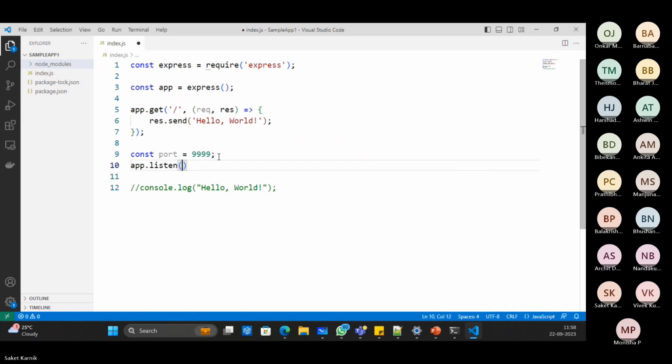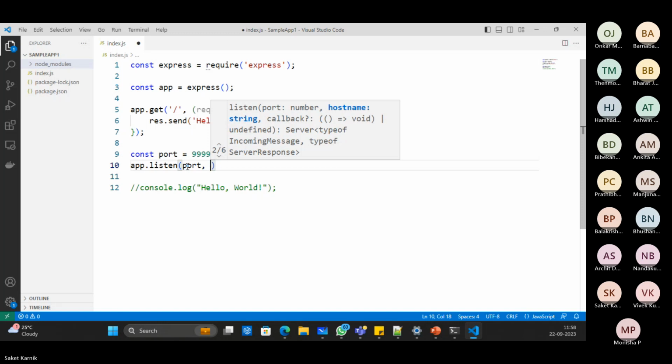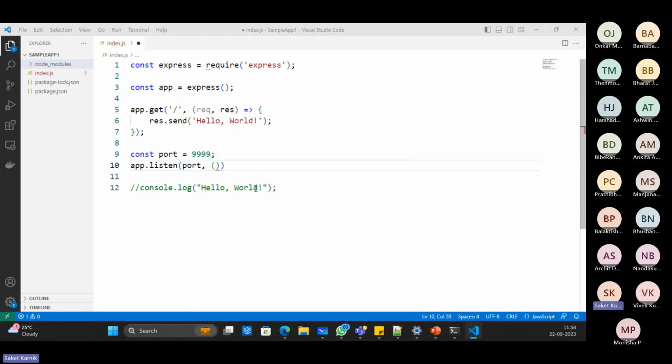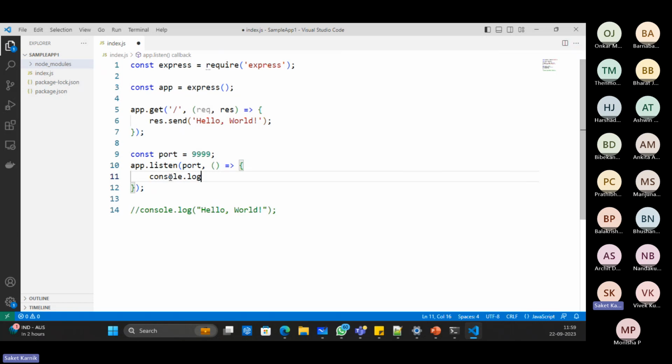app.listen on this port. So I say port, comma. What it does actually there. So here I say there is a callback function again, an arrow function without parameters. So empty parentheses, arrow, and the function body, which I arrange like this. And here I say console.log